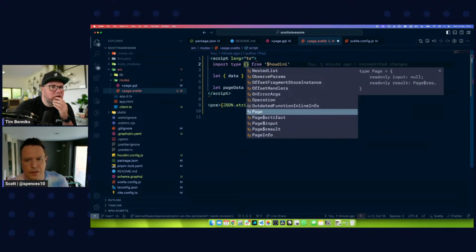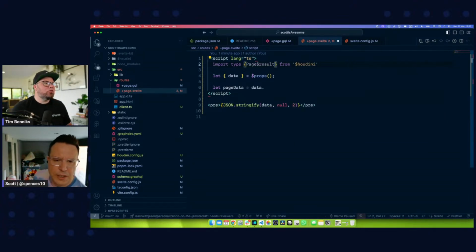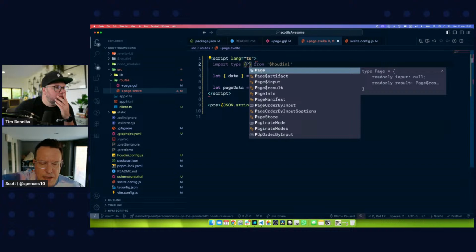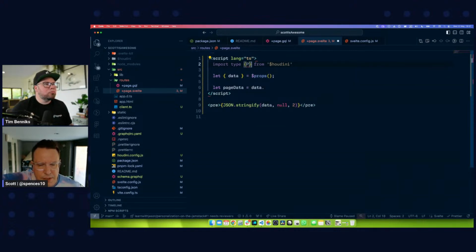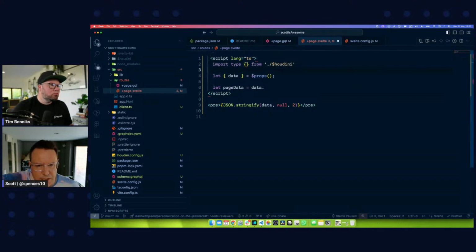Try dot slash Houdini. I don't think it's read only input. What was that again? Sorry, go back to that page. There you go. Page result. No, I don't think it's that. For Houdini, just do ./. Right, and then go back to your import and then try page data. There we go. Right, so now page data